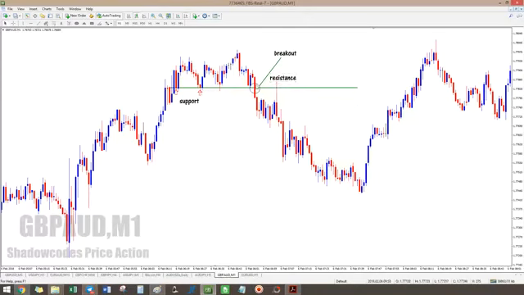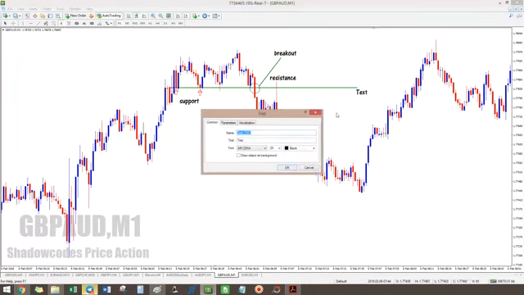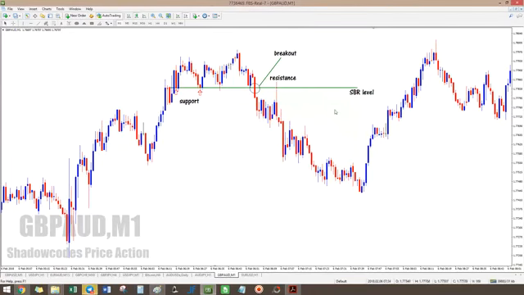Support, breakout, resistance: SBR, support becomes resistance. So this is the SBR level. SBR level. Okay, so Michael,